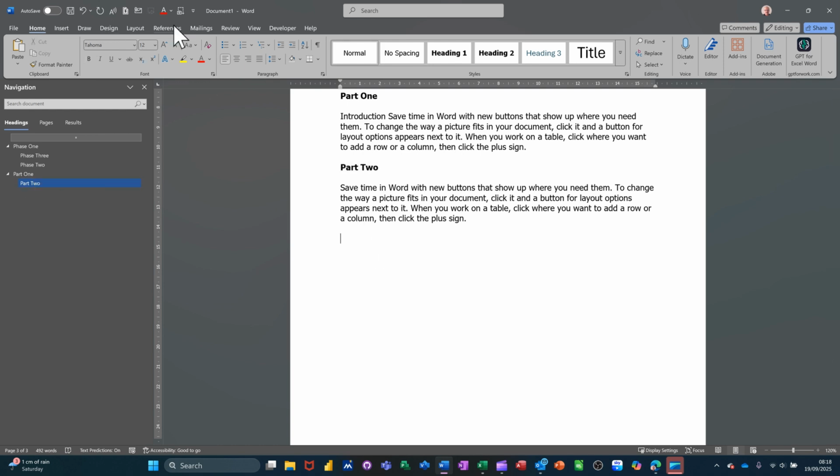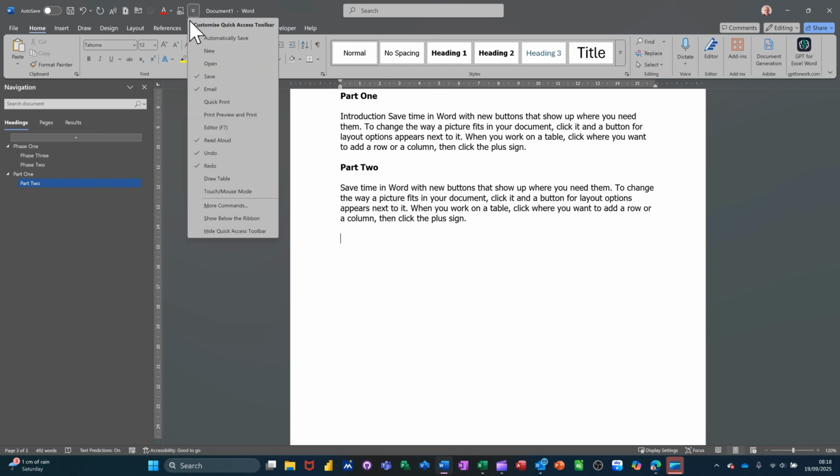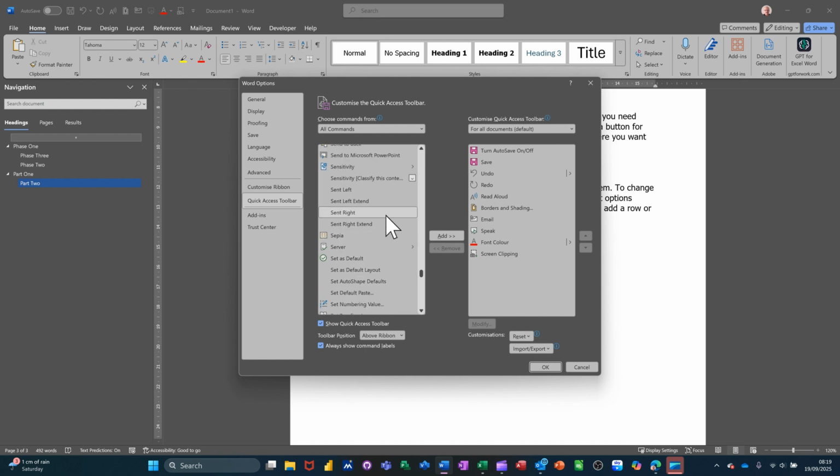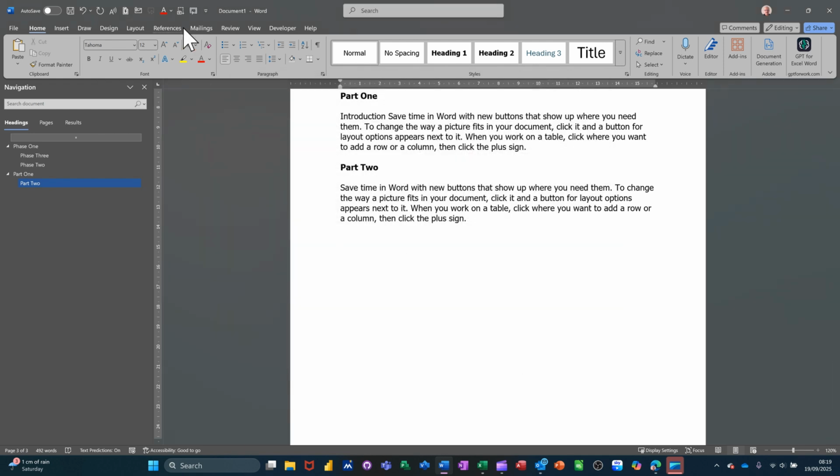Now to activate the PowerPoint feature, you need to get the icon up here on the quick access toolbar, which I haven't got, so I'll show you where to get it from. You drop the little arrow down, you go to more commands. In here you go to all commands, go down this list until you find send to PowerPoint. There it is, send to Microsoft PowerPoint. You add that across. Now it's there, you click OK, sits on the top here,